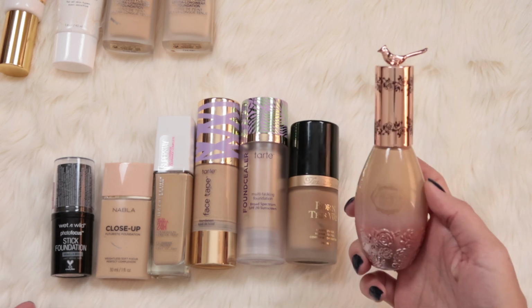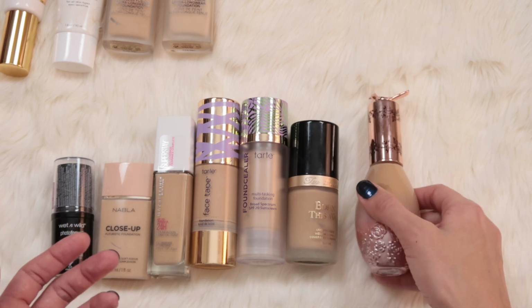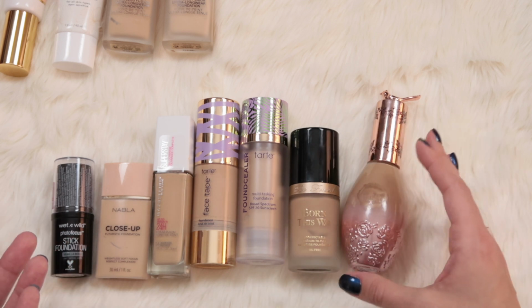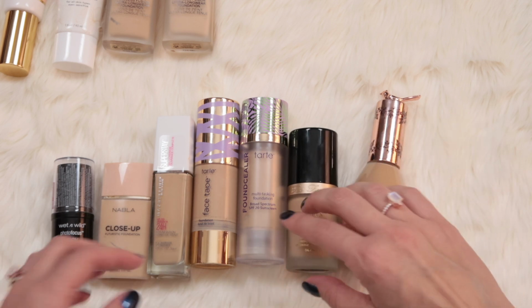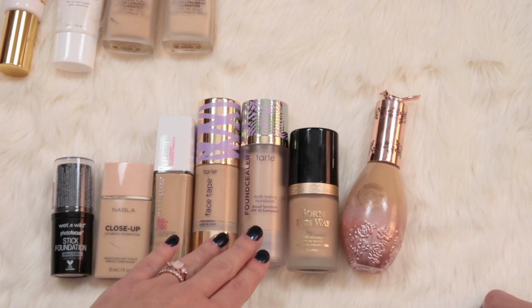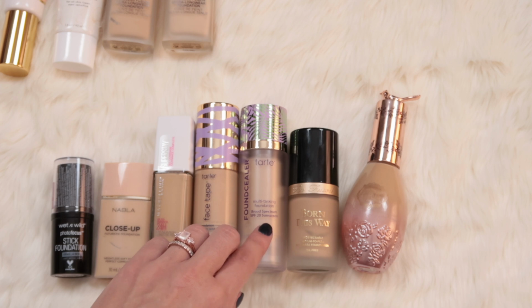The Pretty Vulgar Cool AF foundation I said was my favorite of 2019. This is beautiful. The Too Faced Born This Way is a really nice, very natural looking foundation, and this is fairly new. The Tarte Face Tape, these I both purchased in 2019 and I enjoyed them a lot. This I have been wearing a lot more recently just because it's a little bit more hydrating than the Face